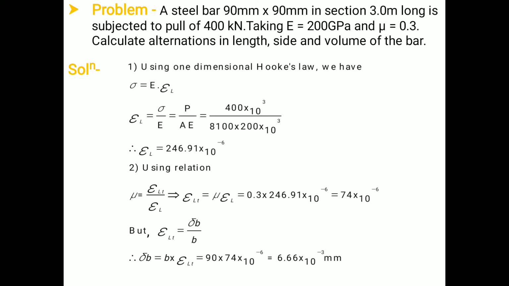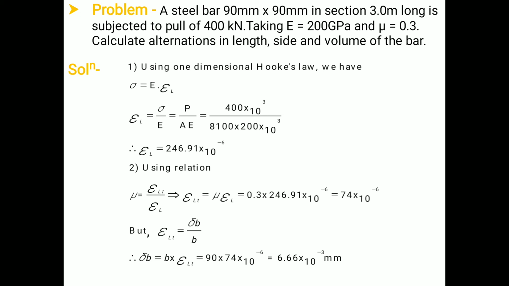Now, from the given numerical data, we have a steel bar of 90 mm by 90 mm, which means it's a square cross section of the bar. The length of the bar is 3 meters. If I consider the front view of the bar, then we can consider the length, which is 3 meters long,